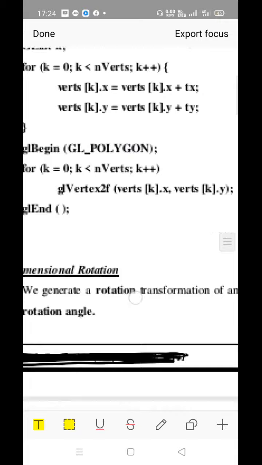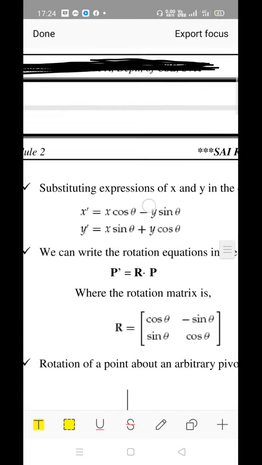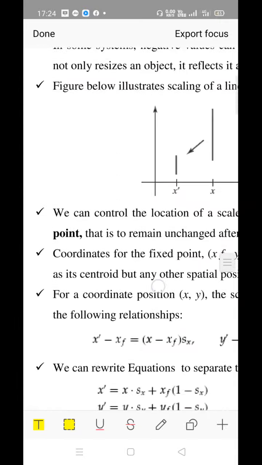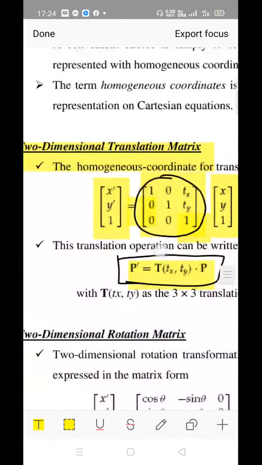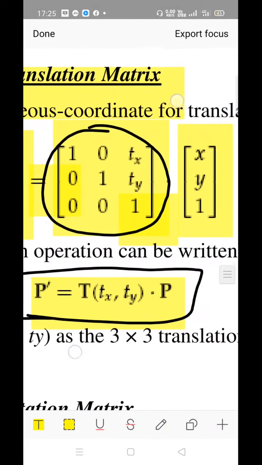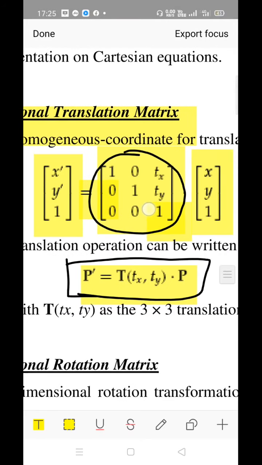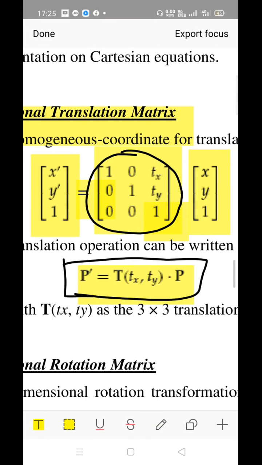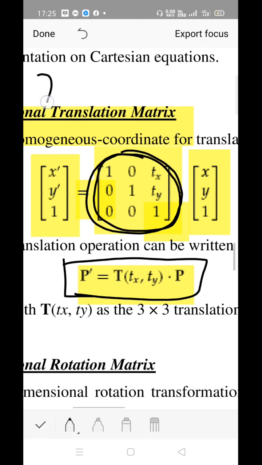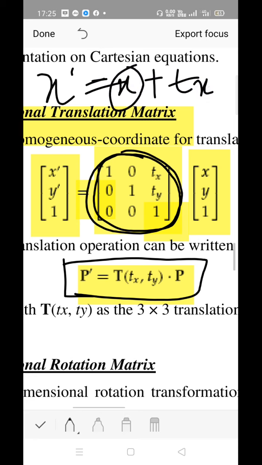Now come to the topic we are speaking about, that is the homogeneous coordinate system. I am referring to that homogeneous coordinate system. Just concentrate here. Hope it is visible. How to write the contents in the matrix, that too the translation matrix. Let me write the formula, that is x dash, concentrate, which is equal to x plus tx. So what is the coefficient value of x? The value associated with x, the coefficient, is 1.